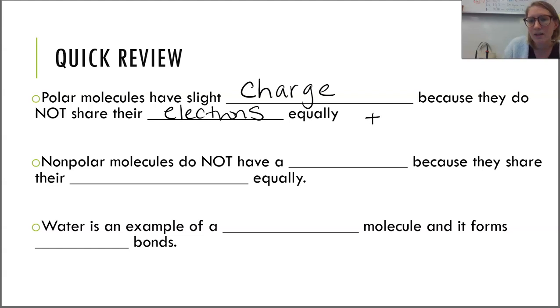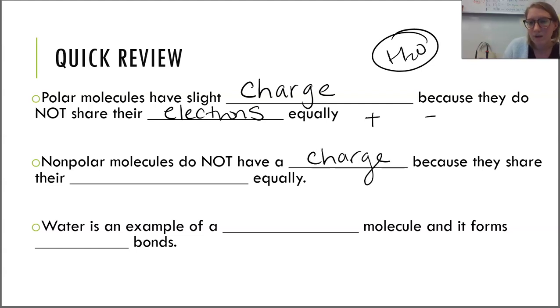So one side's going to be slightly positive, one side's going to be slightly negative. H2O is a great example of that. Nonpolar molecules do not have a charge because they share their electrons equally. Water is an example of a polar molecule, and it forms hydrogen bonds again,